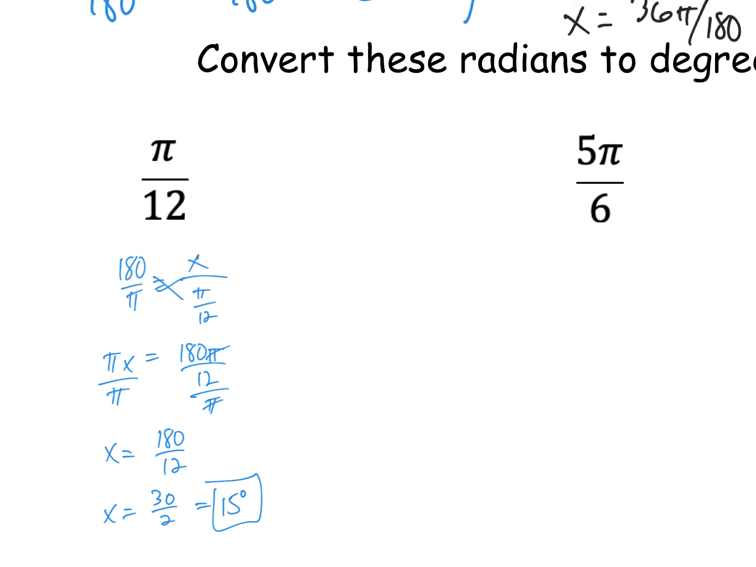All right, let's try 5 pi over 6. Same setup, 180 over pi equals x over 5 pi over 6. Cross multiply, we get 180 times 5 pi over 6 equals x times pi. Now we would do 180 times 5, which is, let me type that in my calculator, 900